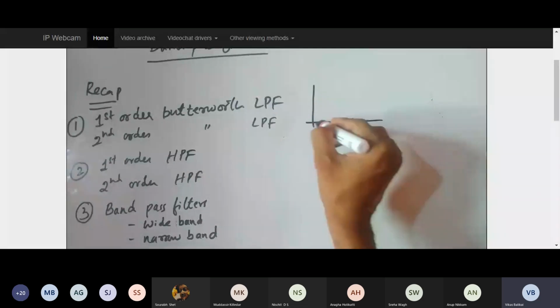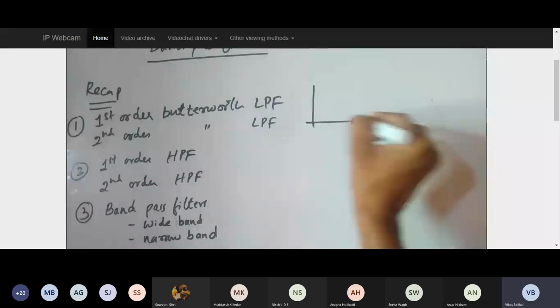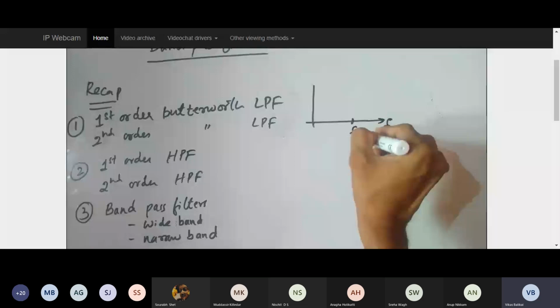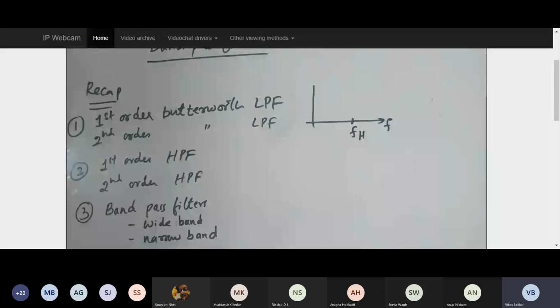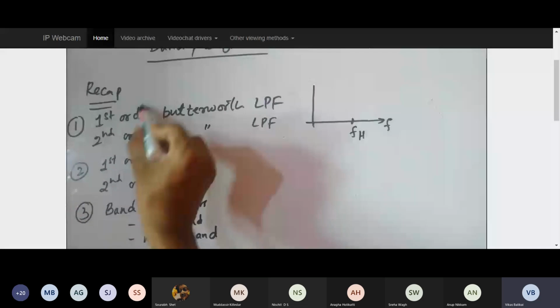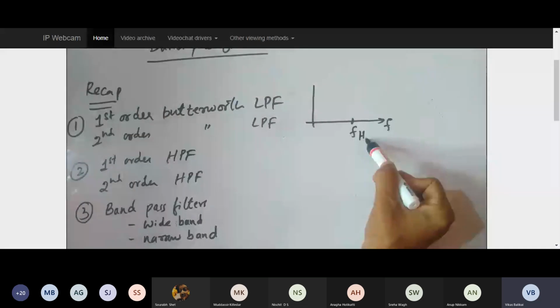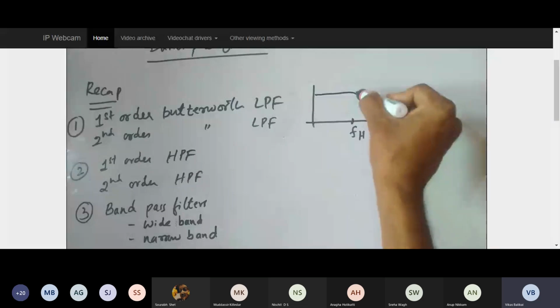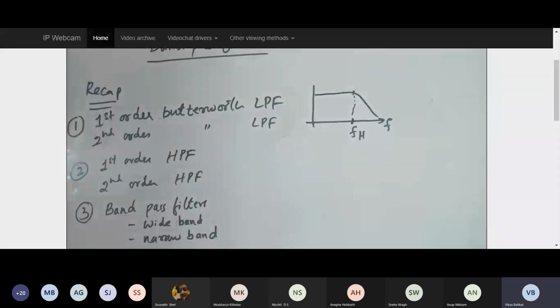So since it is greater than 0, or it is going towards the incremental side of the f, this will have fh. Again, don't get confused. In a low pass filter, your cutoff frequency will be fh. For low pass filter everyone writes fl, but it will be fh. So accordingly the graph will be like this. At exactly this point the gain starts to decrease.